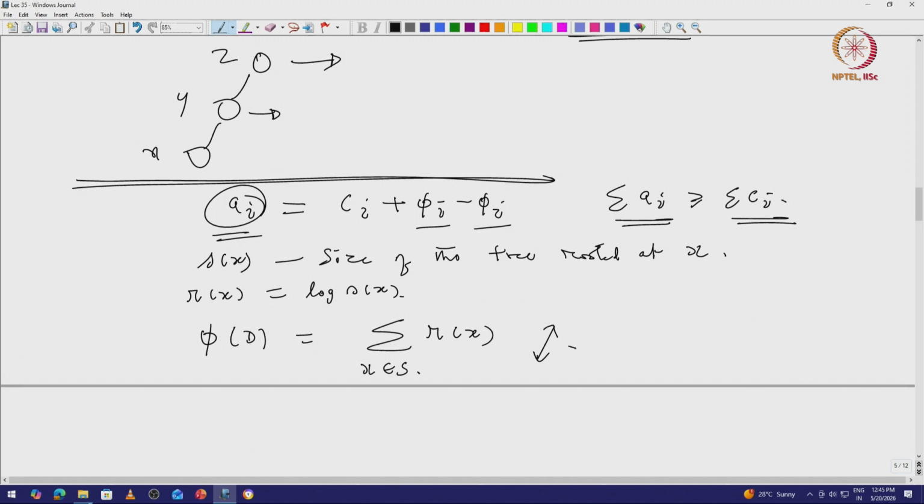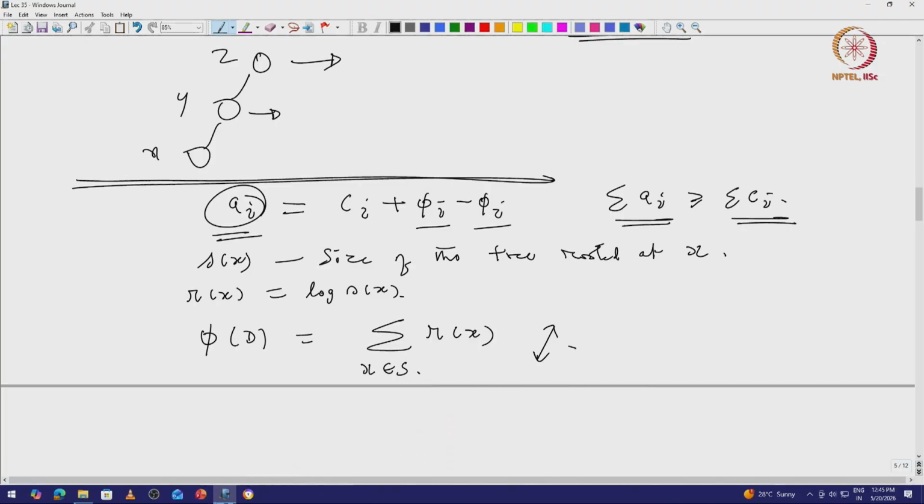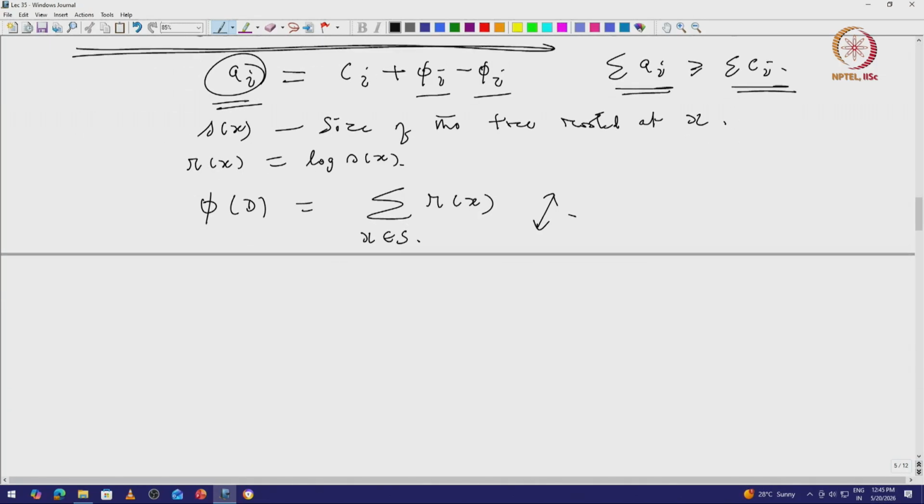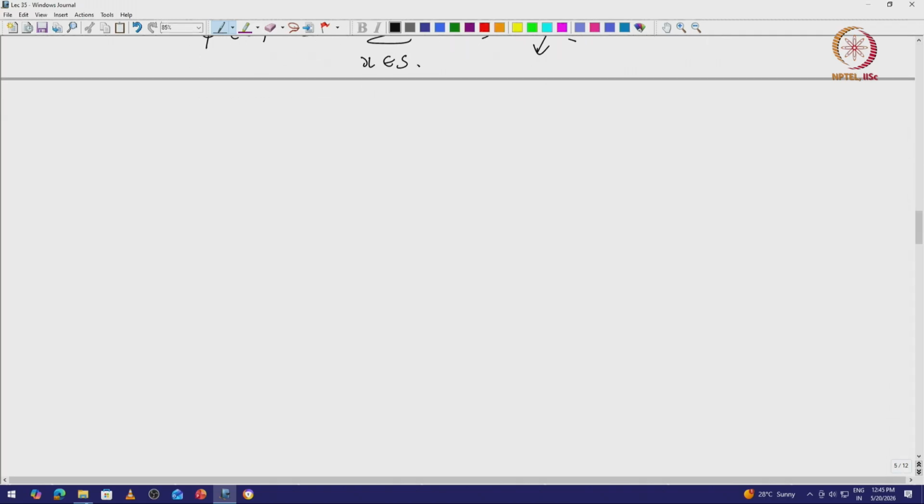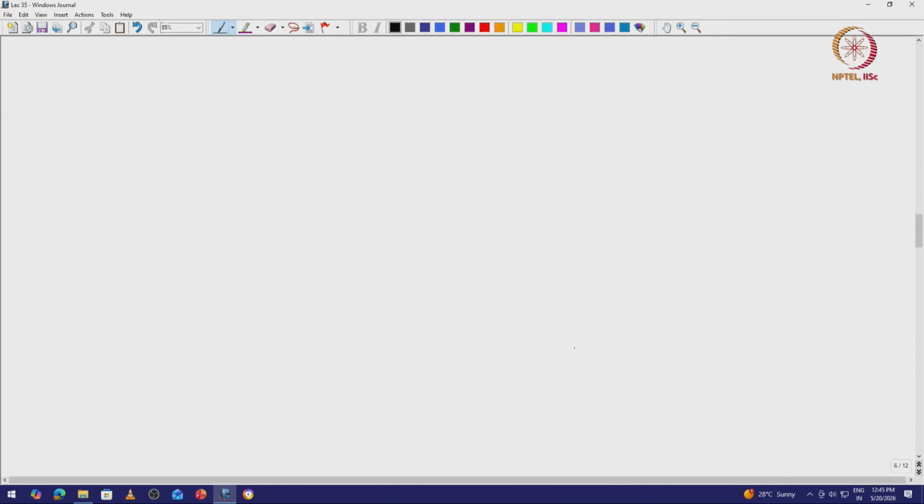So the potential will change after a Splay operation, because the tree is completely, the shape has changed. Okay. So for example, let us take the following example: